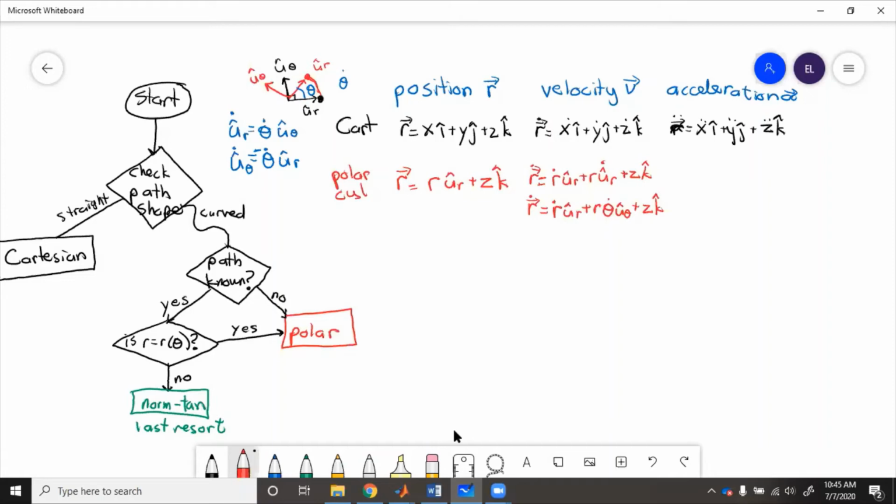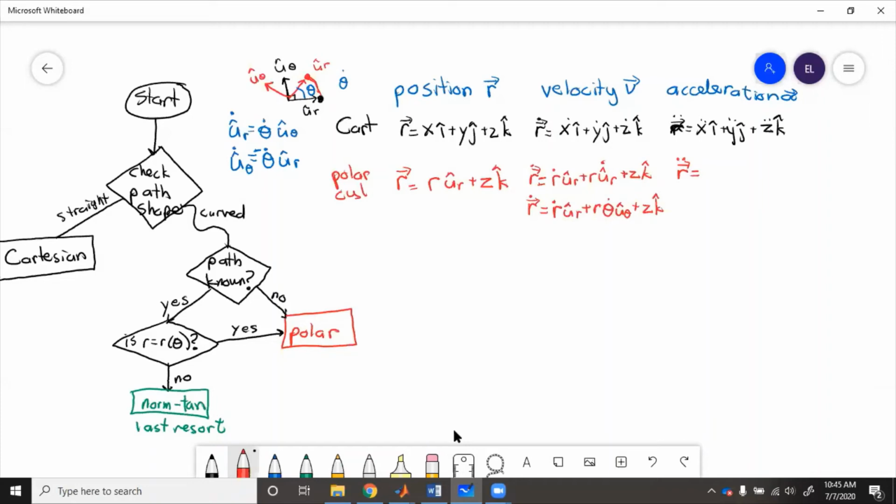If it is cylindrical, the z part is included. If it's just polar, just two-dimensional, then you'll have these same exact formulas, but there will be no z on it. So then for acceleration, we take the derivative again. r double dot equals,